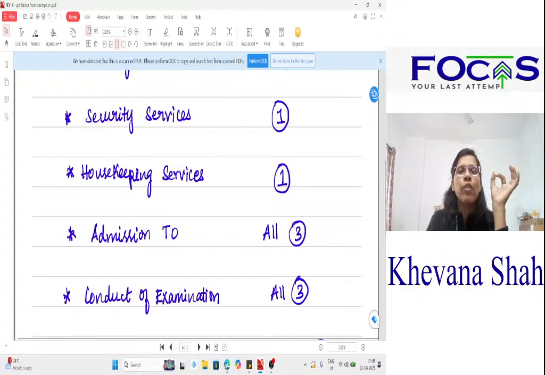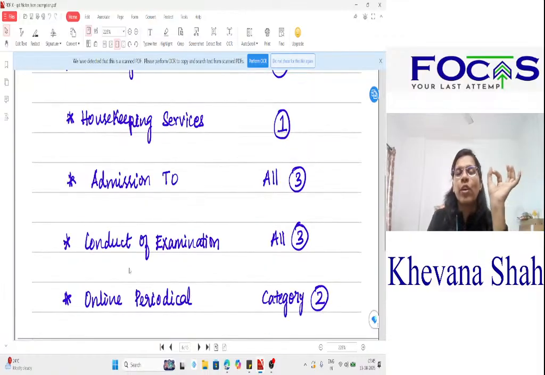Now, if you are providing any admission to students, staff or faculty members for studies up to class 12, or for any qualification which is recognized by law, or for any vocational training purpose, then in that case also all these are exempt. Similarly, if you are conducting any examination for all these three categories, then also you can claim